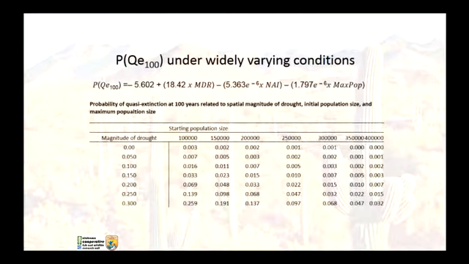then tell a decision maker under any drought conditions in the future, or within the range that we simulated, what would be the expected extinction risk for that species. So now we provided them with these tables that said if your magnitude of drought is the same as it is now in the future, and your starting population size is 100,000 animals, your probability of extinction is this. And that extends out to a variety of abundances of starting population size.